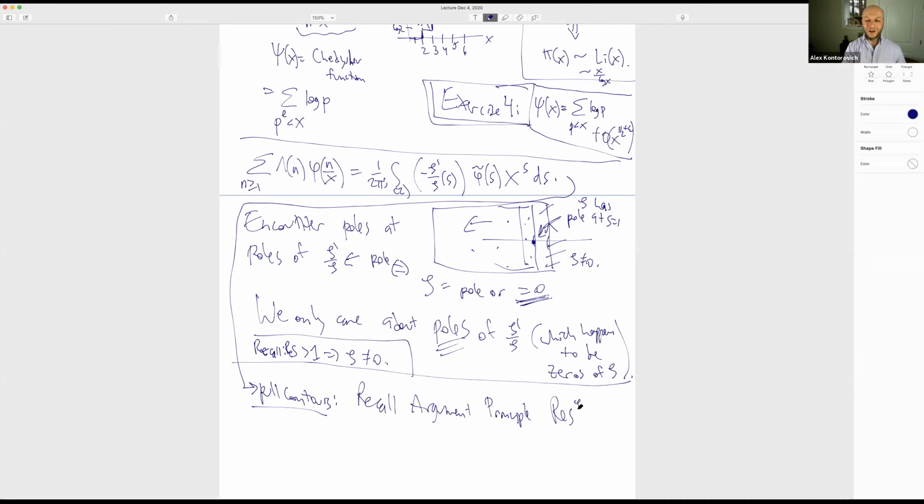The residue of any logarithmic derivative is 1 if the thing was 0 and -1 if the thing had a pole. So we don't have to compute any residues. So if we pull contours, this integral is equal to 1 over 2 pi i, integral over, let's say the real part is -1,000, but in a second we'll send it all the way away, negative zeta prime over zeta, phi tilde of s, x to the s, ds,